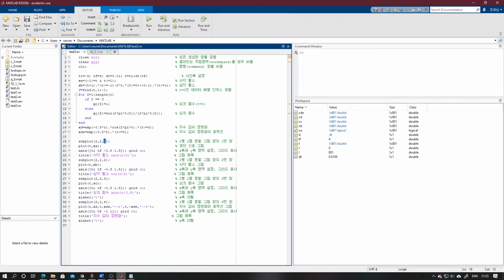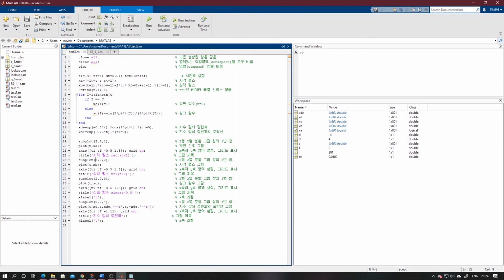And first we will plot xa, that means the square pulse we will plot first, then we define its axis, and for its axis we will take initial time and final time and its values, and we will define grid on, that means it will have a grid on the graph here. Then we will give it the title for that.